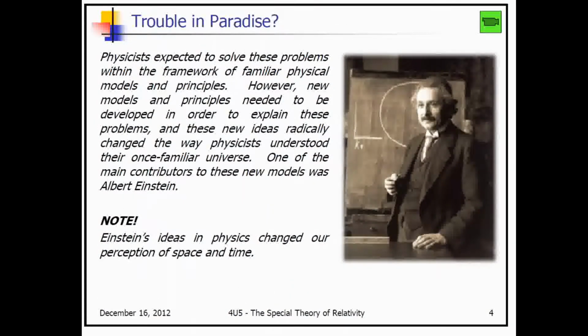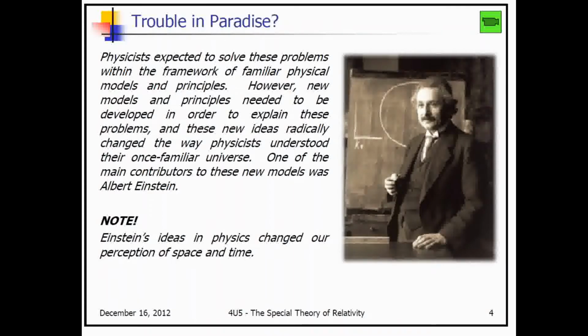So with these problems, the idea was that they were probably going to solve these based on the current understanding, the current framework of physics. But every time they tried to solve these problems using the models that were available to them, things were not coming clear. They weren't able to solve this based on their understanding of physics, and this was Newtonian mechanics and Maxwell's EM waves equations and other understandings that were available at the time. So new models needed to be created, and there were some who kind of felt that the new models weren't necessary because the current models should be fine.